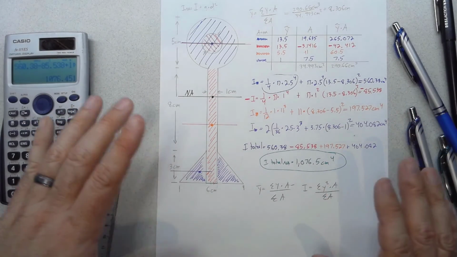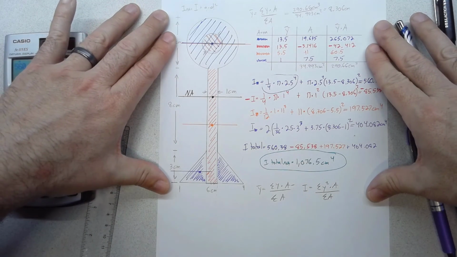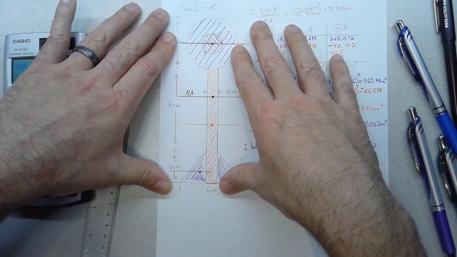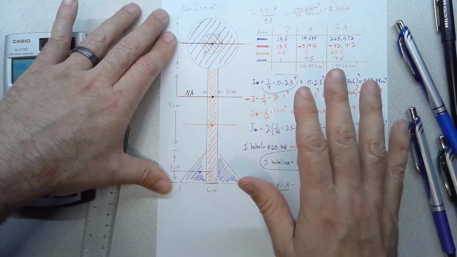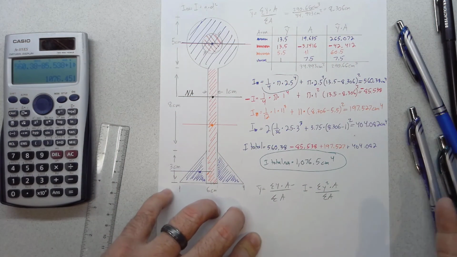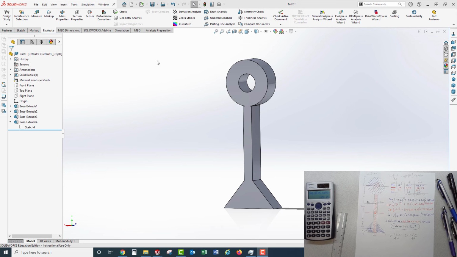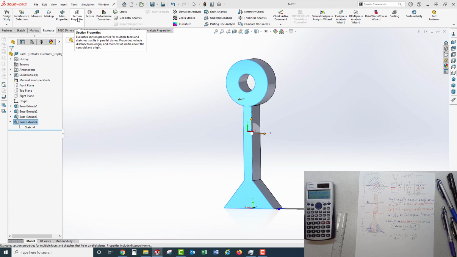I want to point out that in reality, you're not going to hand find the centroid and the moment of inertia of a weird shape like this. It's much faster, more accurate, and more efficient to do this in a solid modeling program. So, for example, I'll open up SolidWorks here. Let's take a look at SolidWorks. So here in SolidWorks, you can see I have modeled the same shape that we just did by hand, and modeling the shape takes maybe 90 seconds or something. And then if I just select the face of it, come up here to evaluate and look at section properties,